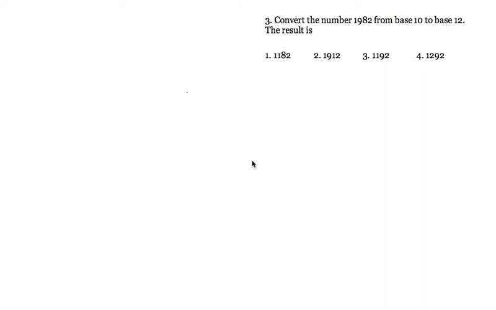Hi, so this is one of the easier base questions that you would see in the CAT. You have a number in base 10, 1982, and you have to convert it into base 12. Let's use the method that we just did. So 1982,